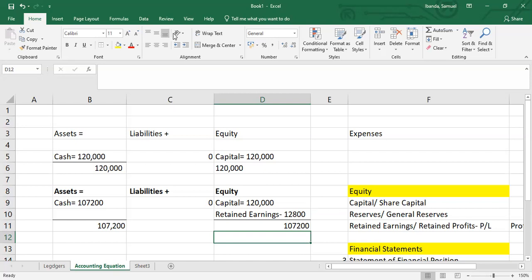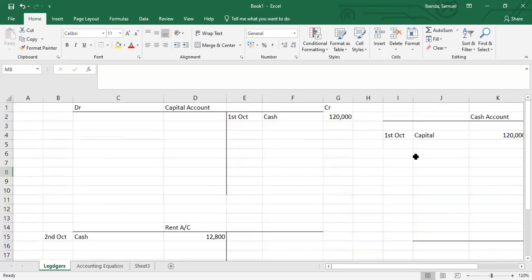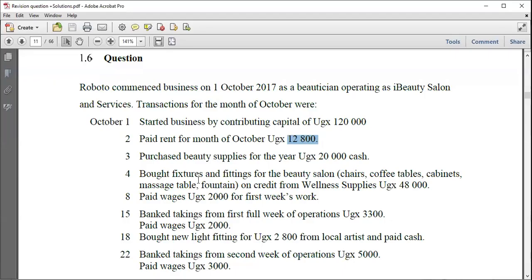So I hope we are following, and I hope we are understanding all this. So that is how I've affected that. We shall try to do the next question, which is telling us that